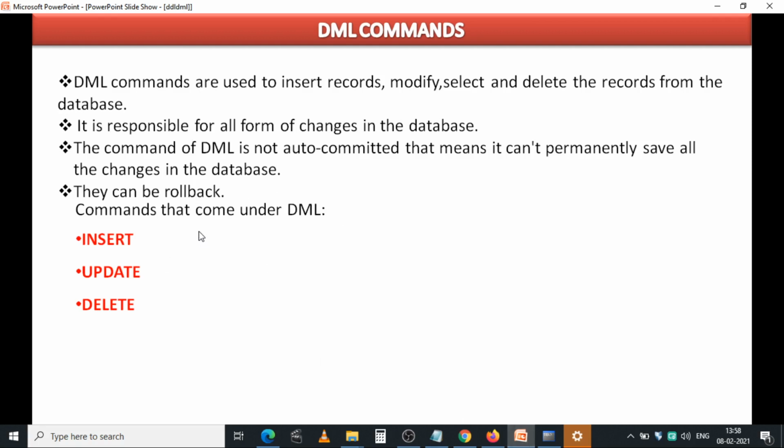That's why they can be rolled back at any time. If you want to roll back or undo the previous changes you have made on the table, you can. The commands under DML are three: insert, update, and delete.